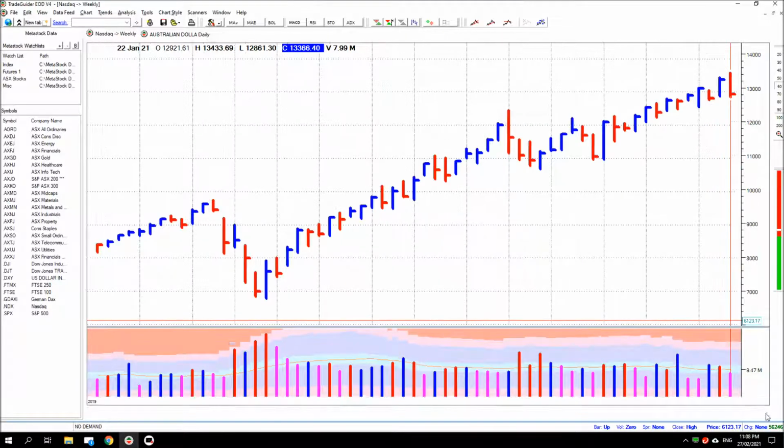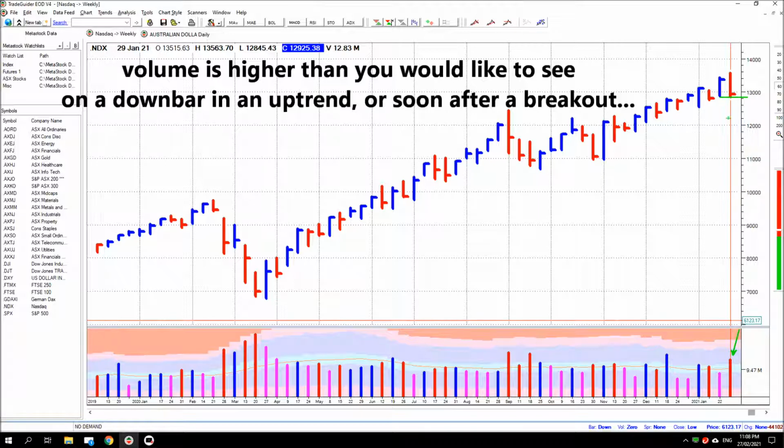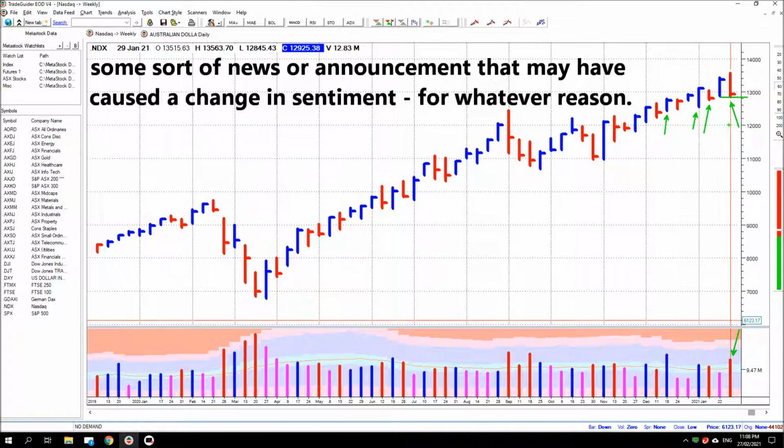Go ahead, another bar. You've got a down bar with a wide spread or a wider spread. It's closed just within the range of the previous bar. Volume is excessive. Volume is higher than you would like to see. You would need to see the response to understand what might be going on. It's unlikely that anyone who was buying in here is dumping their stock. There must have been some sort of news or announcement in the market that's put people off for whatever reason. We'll see what the response to it is.